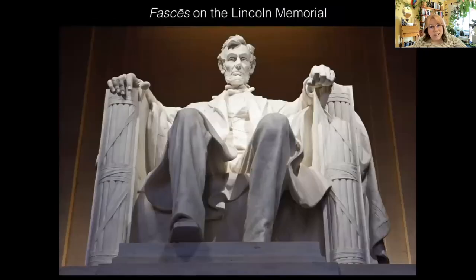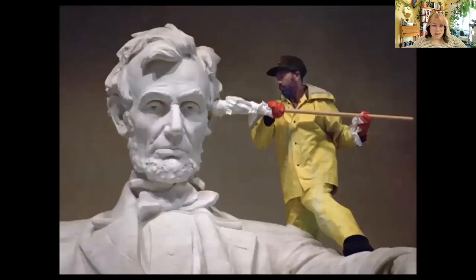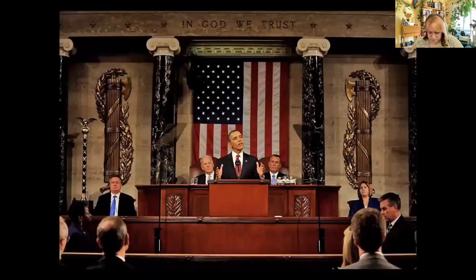To the point where the Lincoln Memorial has them on the chair. Bet you didn't know that. Also, this is how they clean the Lincoln Memorial. Also, I hate this image because no matter what you do, it looks like Lincoln is looking at you, and I don't like it. But anyway, I don't want that job. Oh, different times.